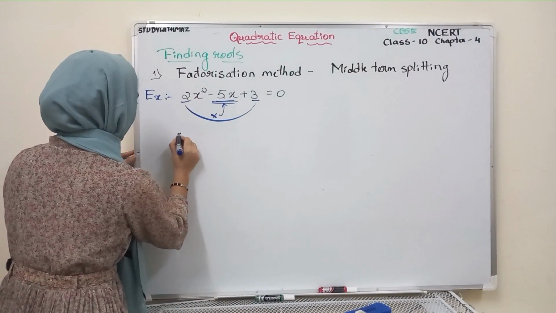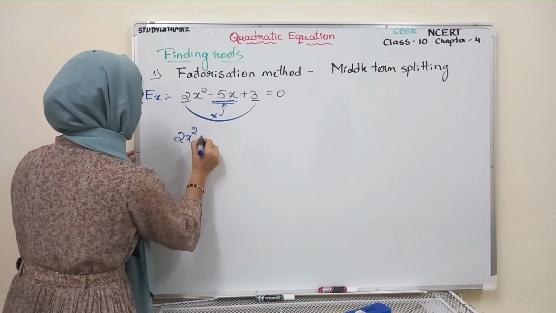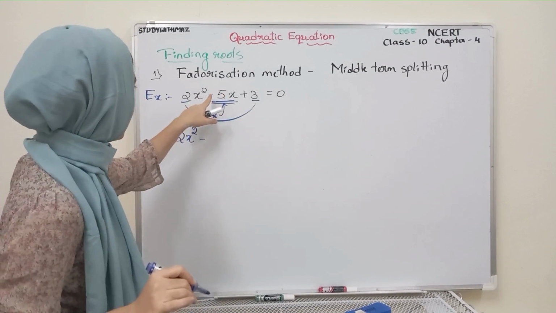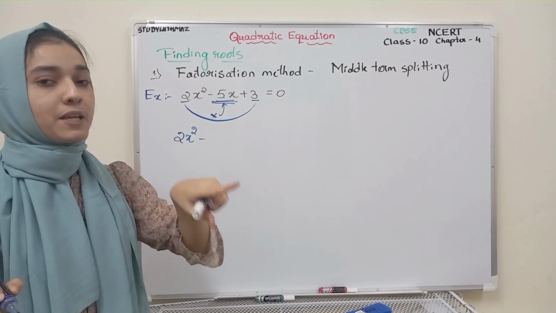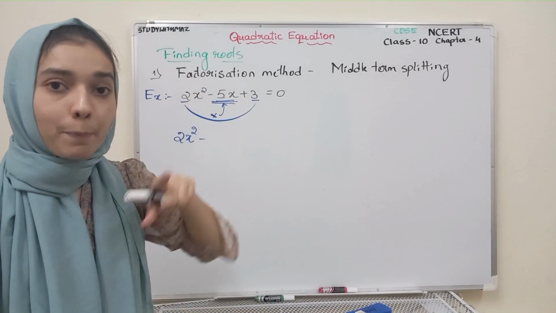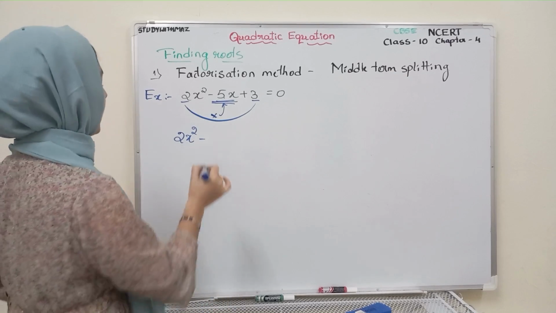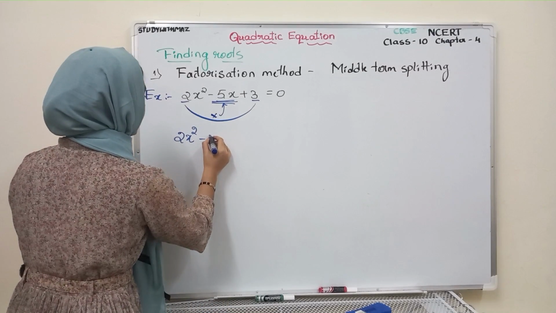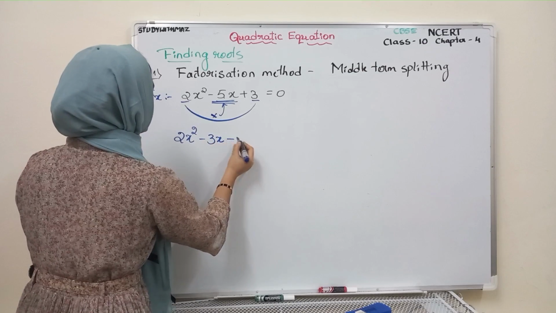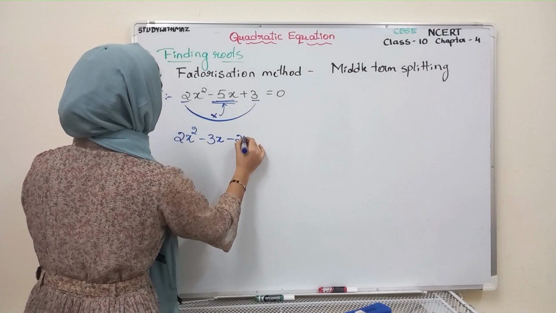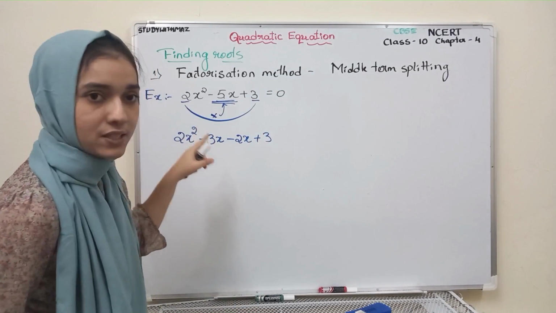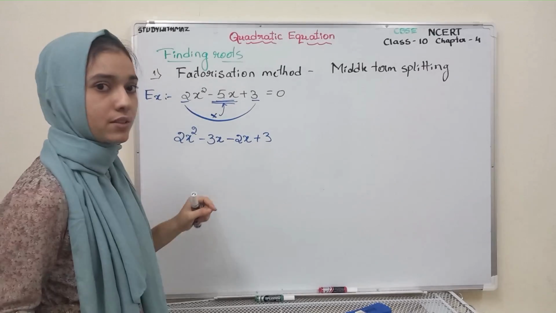So 2x square as it is. Here a minus sign is there, so you have to get minus only. Minus into minus becomes plus, so the last product should be plus. You want plus. So I will take here 3x plus 2x plus 3. So you could ask me, ma'am, you have not written plus here, then how could it be?